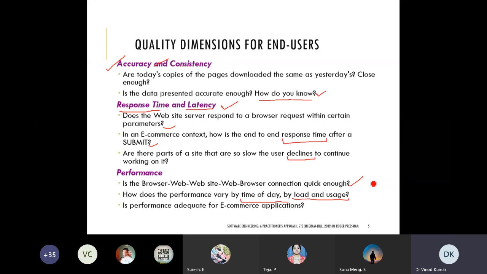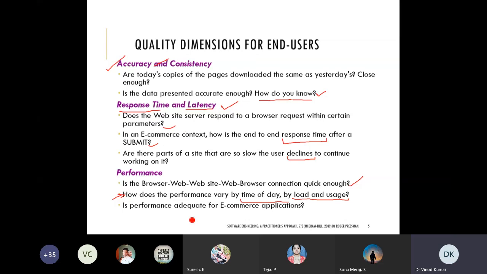It will take time to get the response from the server for the user's searched query. What you can do is manage this by load balancing. They can redirect some users to different servers in different locations, so that the performance is not degraded.